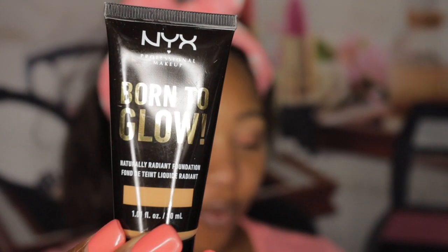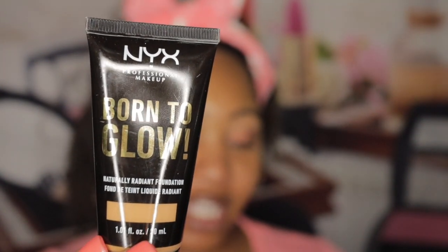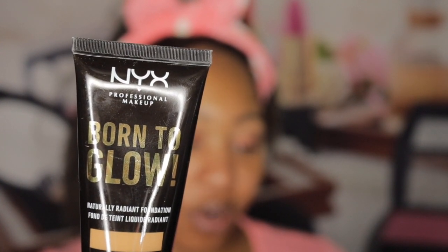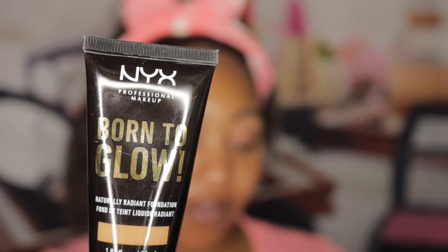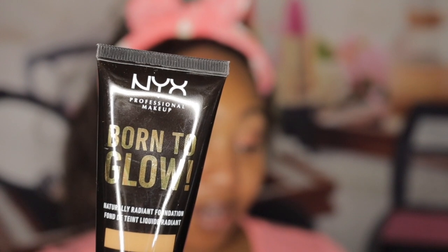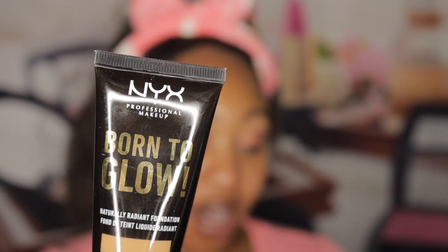So it says, the NYX Professional Makeup Born to Glow Naturally Radiant Foundation is so glorious. It's available in an all-inclusive range of 45 truly flattering shades. Our convertible formula delivers buildable coverage and a natural radiant finish that lasts. This natural glow foundation tube is the key to creating a truly radiant look. Whether you are looking for foundation for dry skin or foundation for oily skin, the liquid foundation blends like a dream